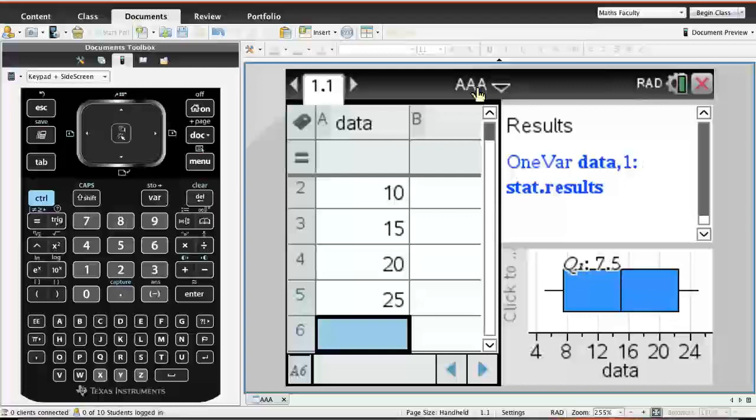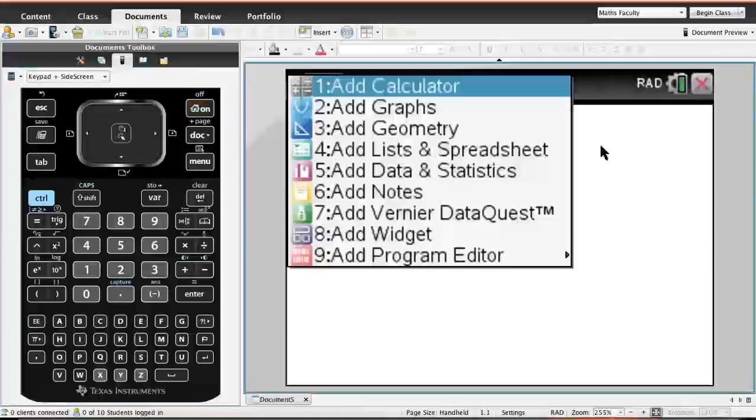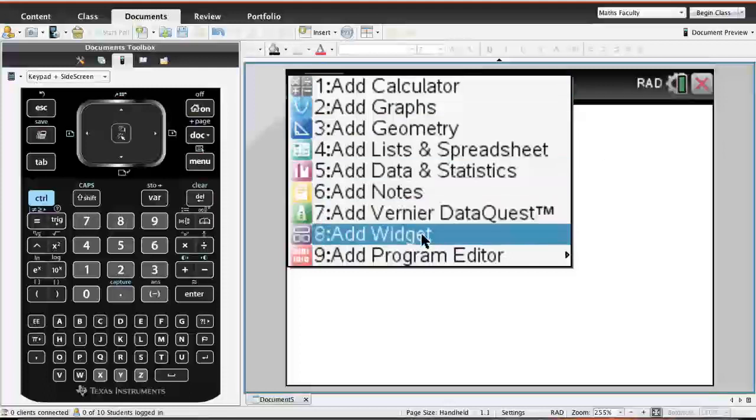Now it's time to put this to use. So I'm now going to pretend that I'm one of my students doing a test on statistics, and I'm going to open up a new document. I've looked at the first question, and straight away I can see that the first question of my test is on univariate statistics. So I know that my teacher has given us a widget that could help us in answering this question. So instead of adding the well-known pages that we're perhaps more familiar with, instead I'm going to add